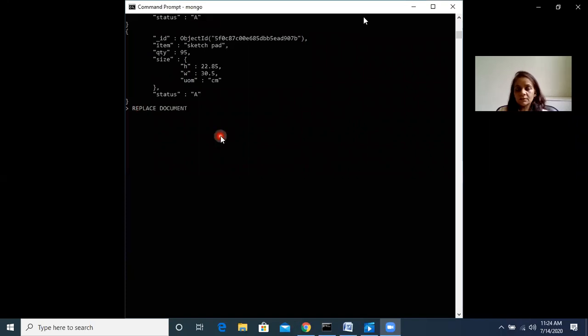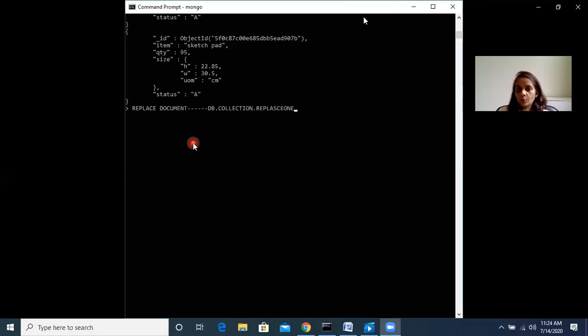The next command about our operations in MongoDB is replacing a document. If you want to replace the existing document, to replace the entire content of a document, except that the ID field will not be modified, pass an entirely new document as the second argument. And the command used will be db.collection.replaceOne.